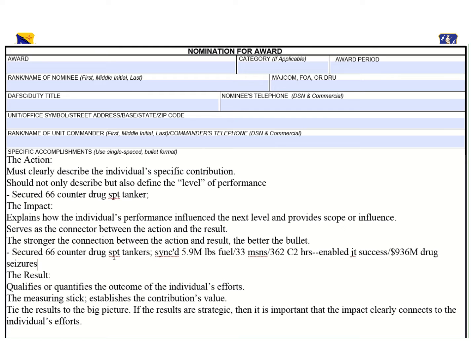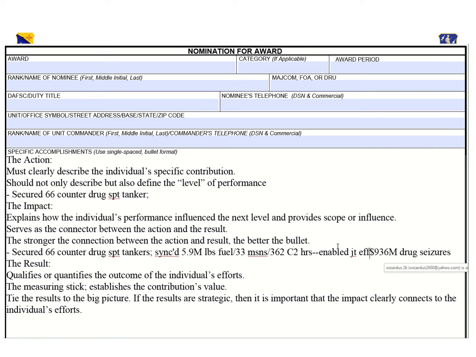Now my bullet went a little bit past, and that's fine because this is my first draft. Later on, as we said in the getting ready, we're going to edit, and we're going to figure out different verbiage, different things that we can put in to make the bullet fit. And for the sake of expediency, I'm going to change the word success to something that'll fit a little bit better. There we go. Enable joint effect.